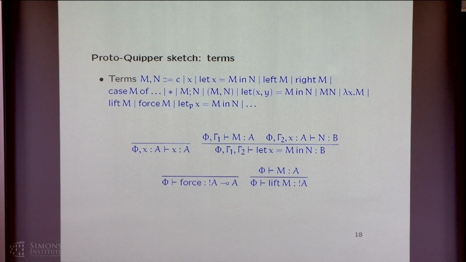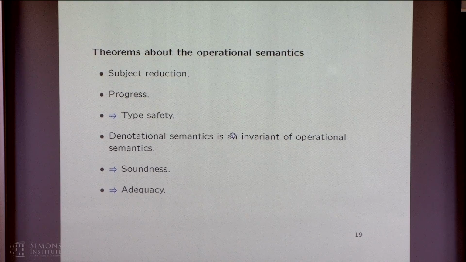Okay. The only thing that's maybe slightly different is for the bang. Bang is a comonad, so you have lift and force. So that's really sort of as simple as it can be. And of course, when you have parameter types, then they're duplicable, so you can use them in both hypotheses. So ta-da! Now I've made a language to fit this model. Now we also made an operational semantics for this language. I'm done, right? And then it satisfies all the usual theorems.